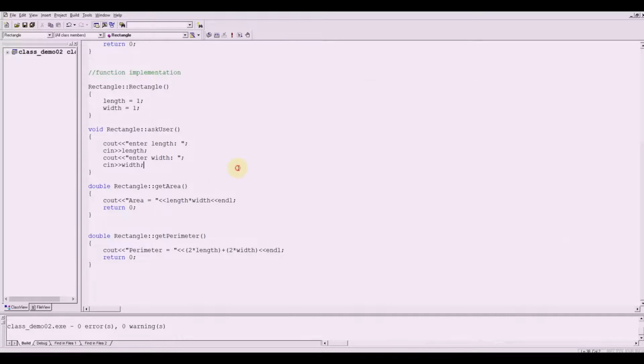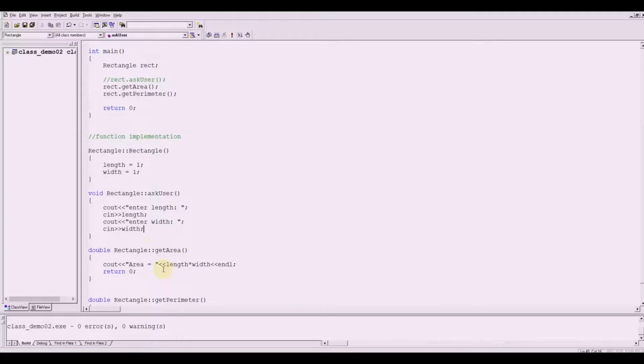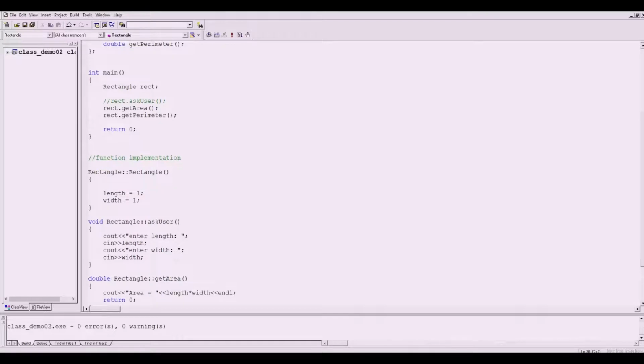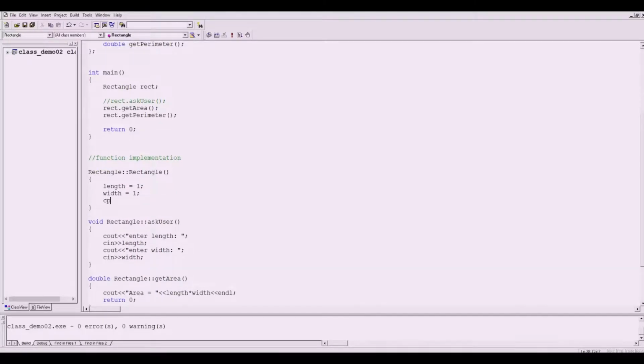Basically, a default constructor is called once you declare an object. Now to demonstrate that, for instance, let me just put a cout here. Say, this is a default constructor.